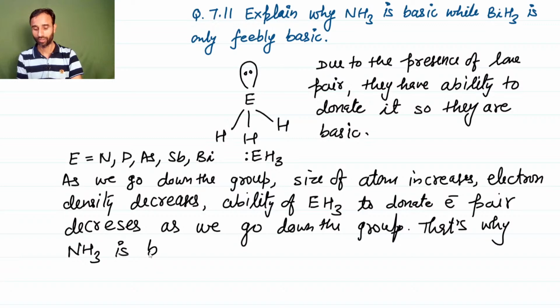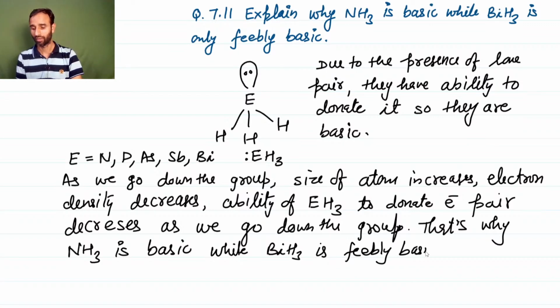Ammonia is basic while BiH3 is feebly basic. Means order of basic strength is, most basic is ammonia, then it is